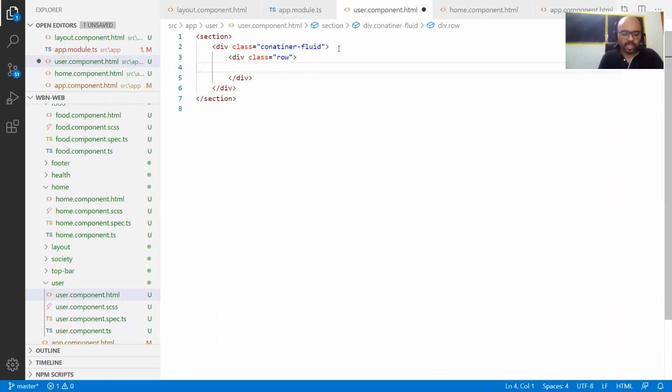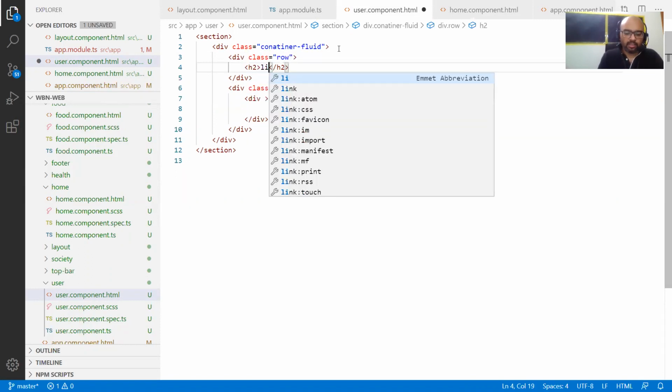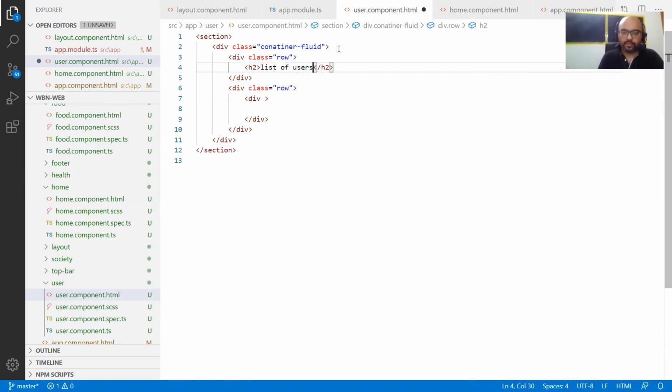Okay, so as of now I just put div, and to div h2 tag, say list of users. Okay, list of users. Again, later we need to decorate this page as well. List of users, save it.